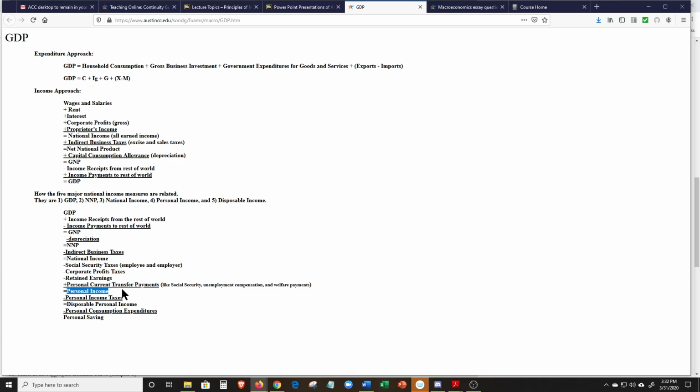And once we subtract those taxes, we get disposable personal income. So if you're working and get a paycheck, this is basically kind of your take-home pay, though not quite mine. I do have federal taxes subtracted from mine, but that's not the only thing. Other things are subtracted too. I have to pay for part of my health insurance, to pay for my wife's health insurance, and